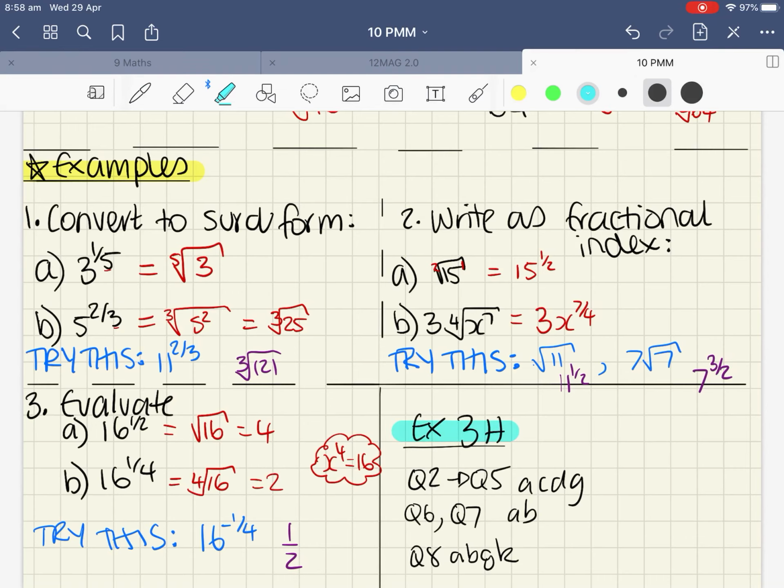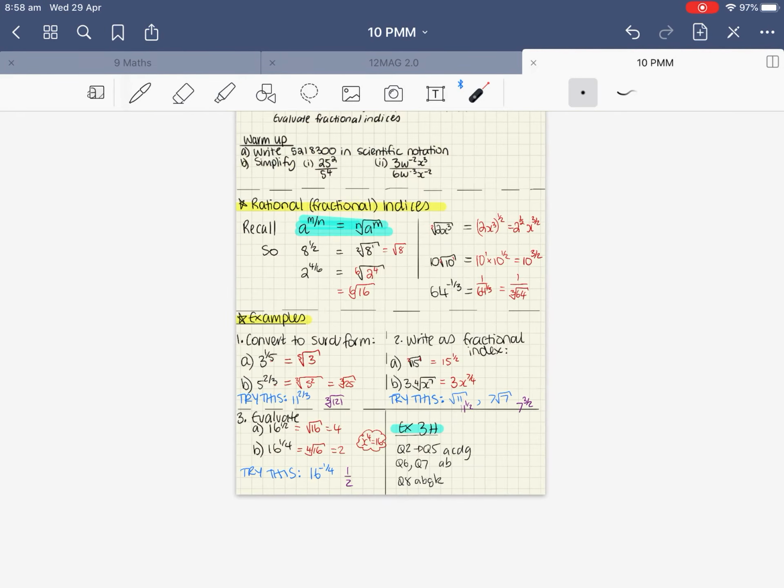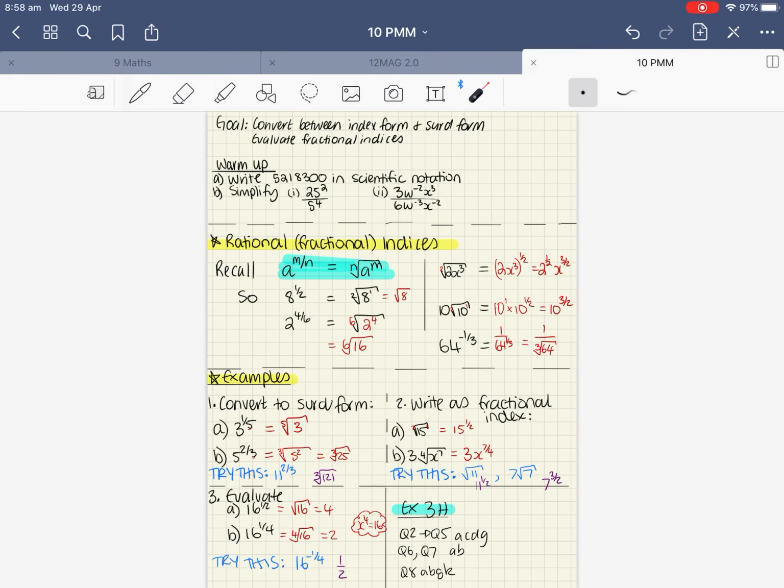So when you've had a go at those guys and you've written up your notes, head to exercise 3H. For questions 2 to 5, I just want you to do A, C, D, G of those. For questions 6 and 7, just do A, B. And question 8, have a go at these 4. And if you have any questions,